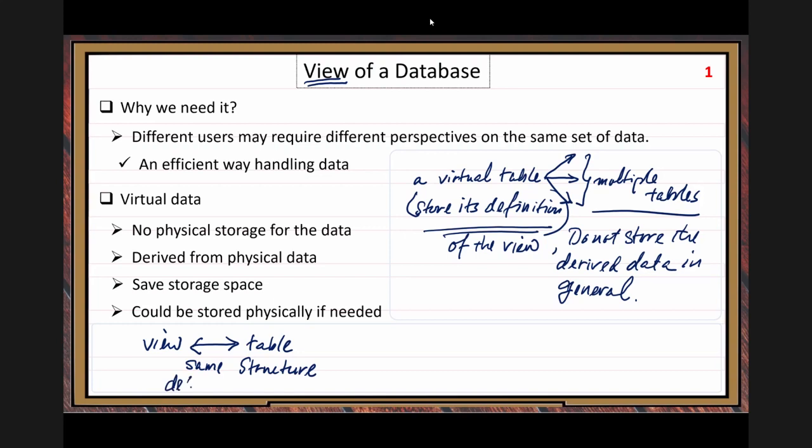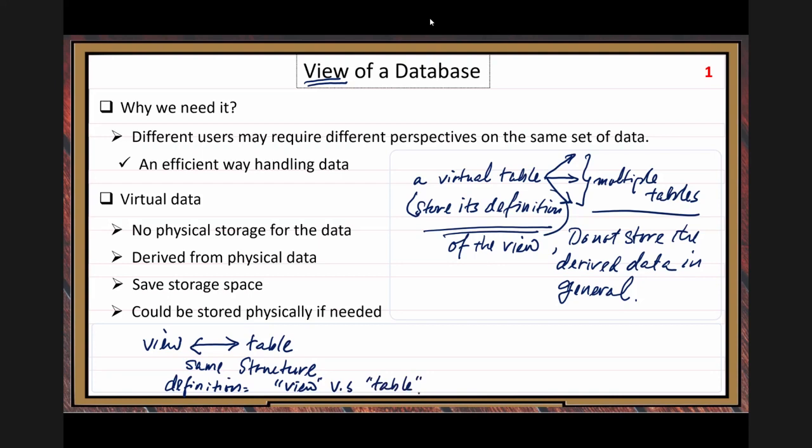When you compare the definition, the only difference is view versus table.